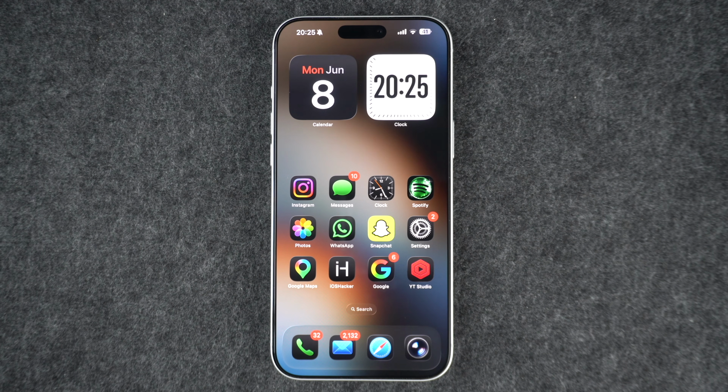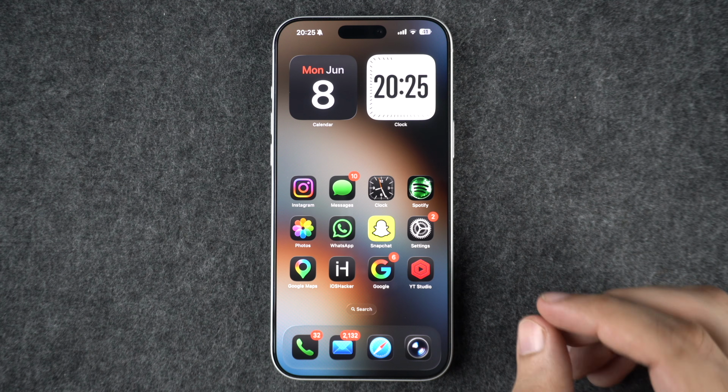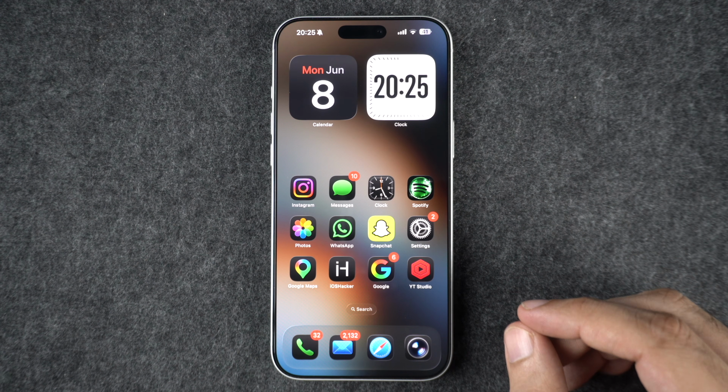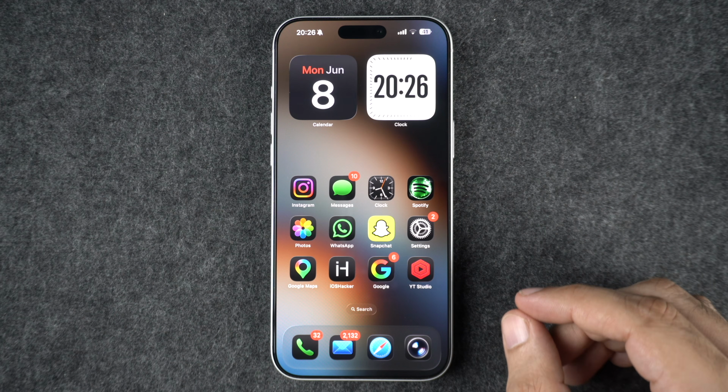Want to try Apple's newest iOS 27 features before everyone else? In this guide, I will show you how to install the iOS 27 developer beta on your iPhone for free. Apple now allows anyone with a free Apple developer account to access developer betas, so you no longer need a